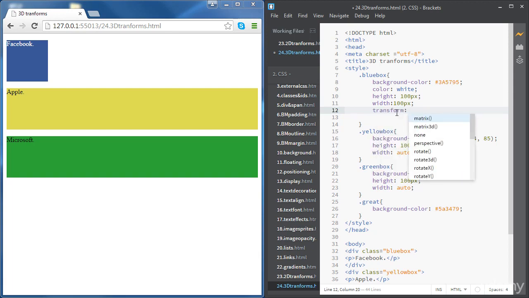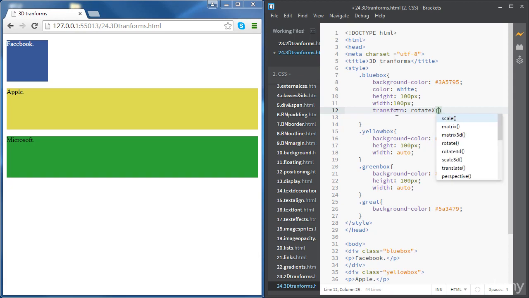Okay, so the syntax is similar to this. So it starts all the time with transform. Okay, and then we're going to go to rotate. This time we're going to be doing rotateX, and then we set the angle. So let's try 10 degrees and see what happens. Okay, so we're not seeing a big difference. Now we start seeing the difference. So just imagine that you are pulling the top and pushing the bottom. So if we continue,